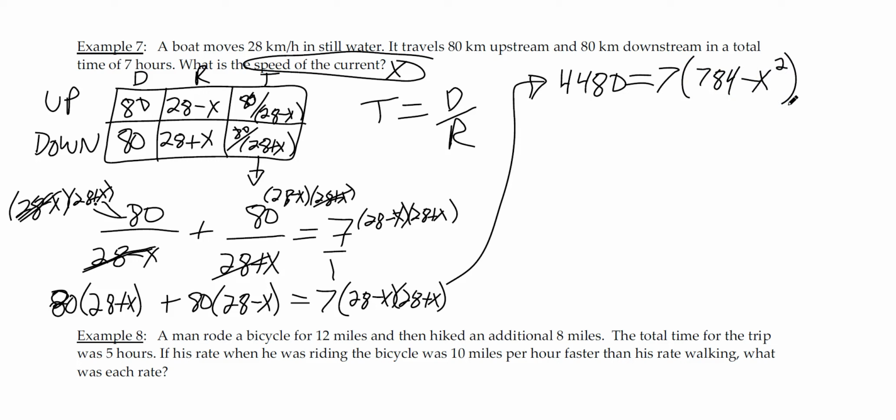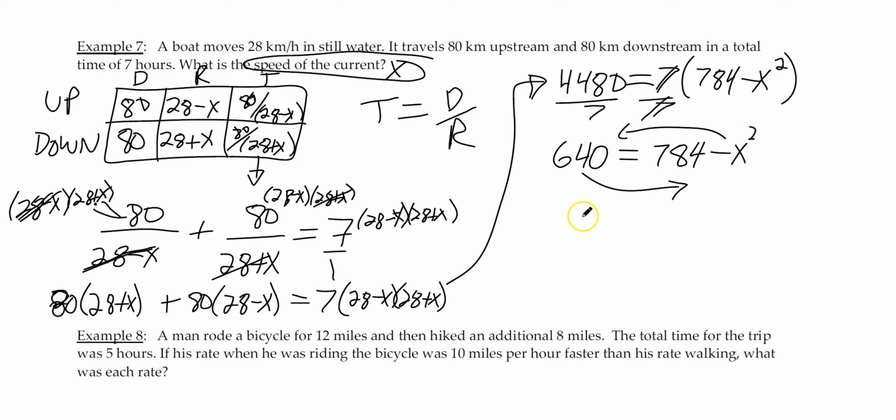Okay, so I'm actually going to divide by 7 here. And we get 640 equals 784 minus x squared. Now I'm going to move the x squared to the left and the 640 to the right. That leaves me with x squared equals